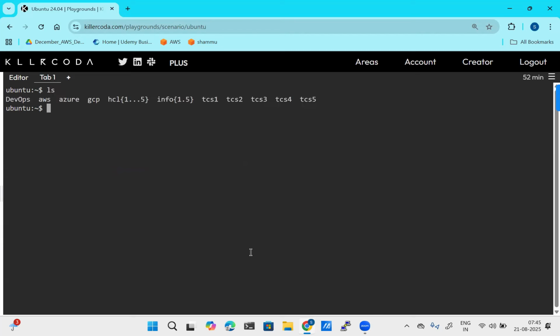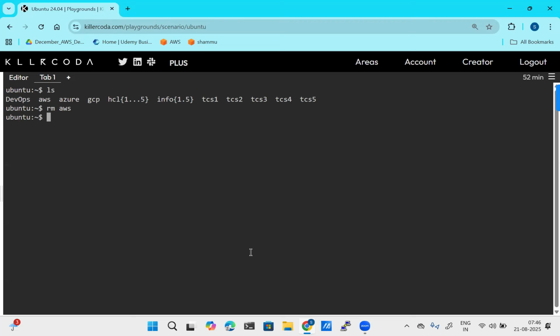Now I want to remove a file. If you want to remove a file, the command is rm. What is the command here? rm. rm is nothing but remove. So remove and then the file name, the file that you want to remove. I want to remove the AWS file.